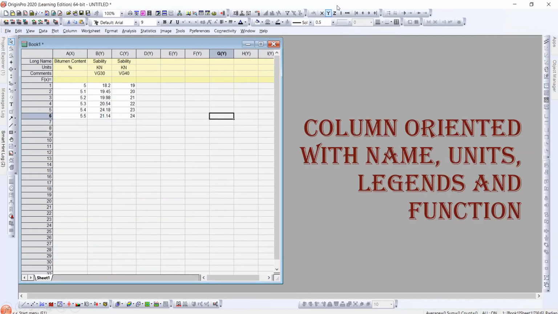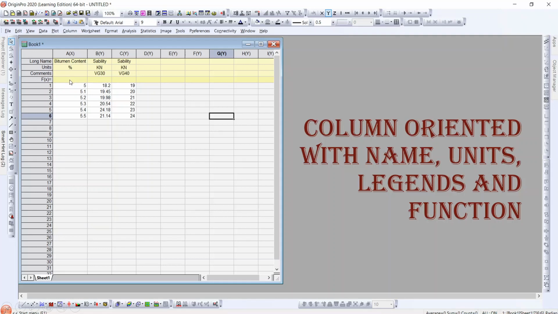And coming to these worksheets or spreadsheets, they are column oriented worksheets. Here you can see A of x. This is the column corresponding to the x variable and the remaining are the columns corresponding to the y variables. Here you can see the long name, units, comments, F of x, that is function.